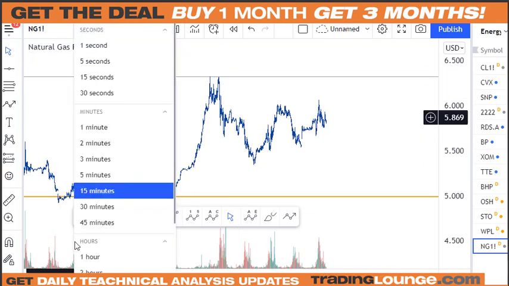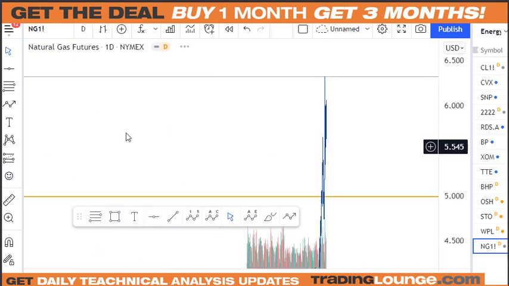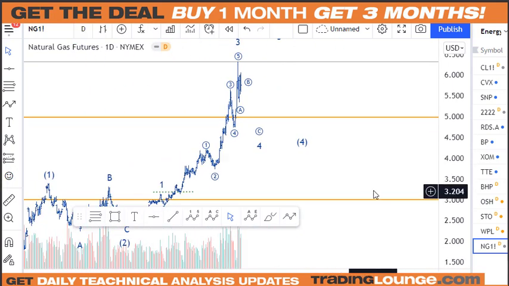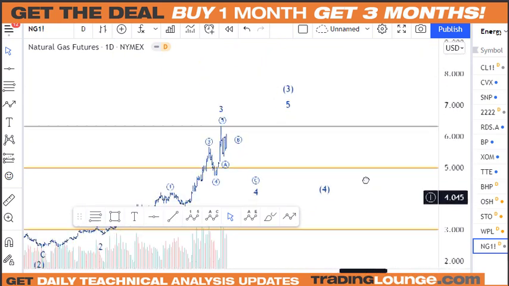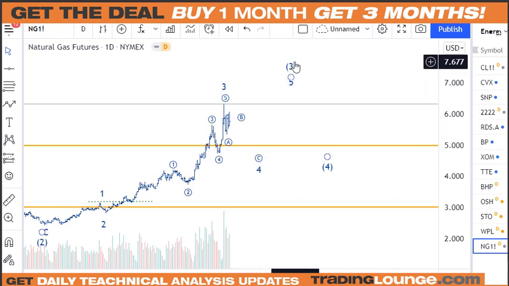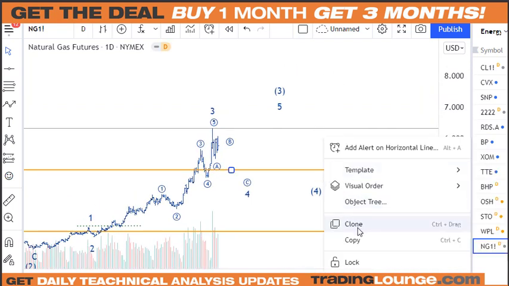But in a nutshell, just coming back to our daily chart, I'll look at that on the weekend. Just give it a bit of time. So in a nutshell, we're still going to see gas move up higher, right? So we've got wave 3 here. We're looking for an ABC to come back to the level of this wave 4 here, and then wave 5 up for wave 3. That could go higher. We need to look at that, probably 720 or even 8, because that's the next level to the upside. If we just